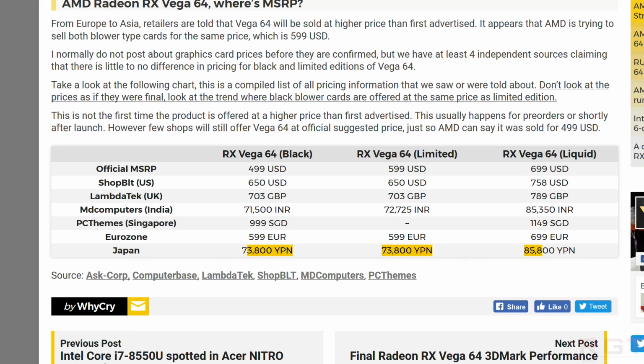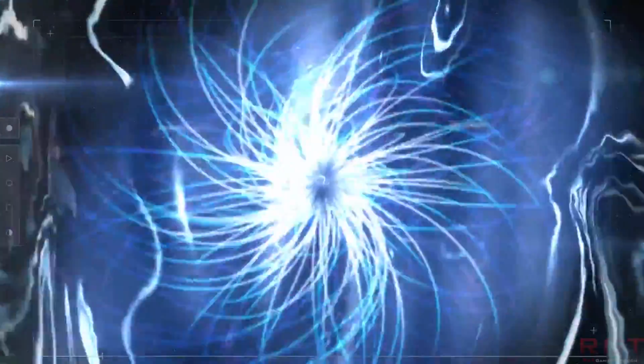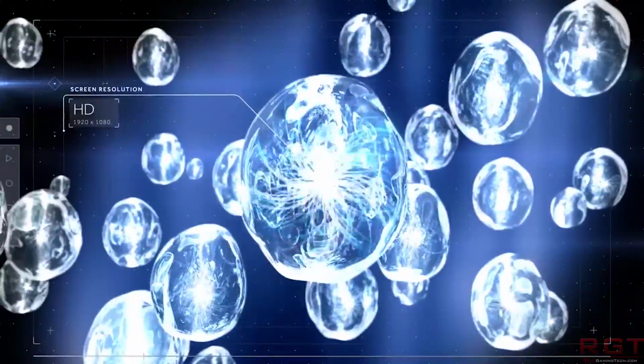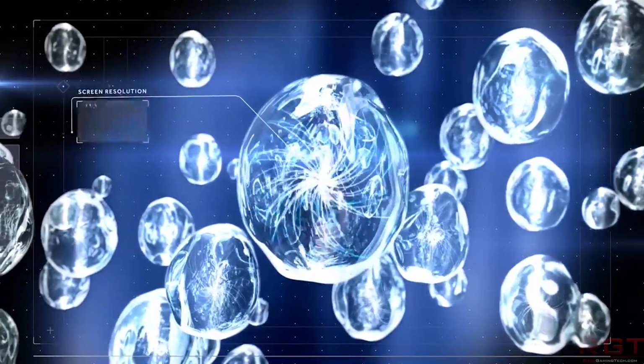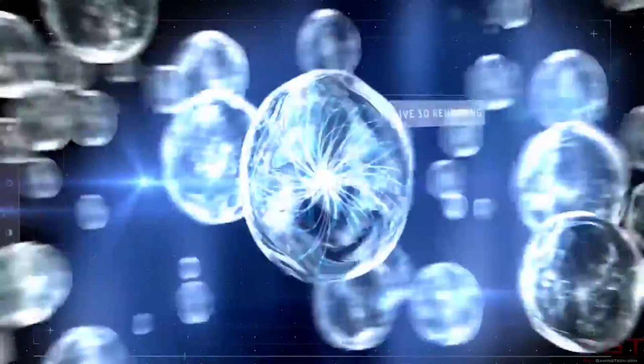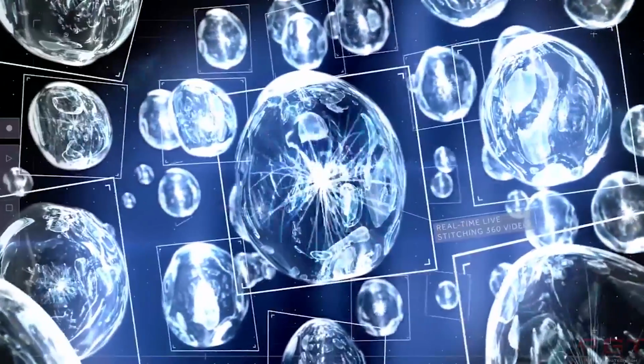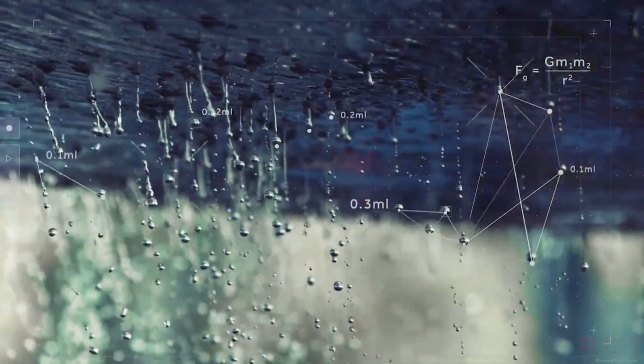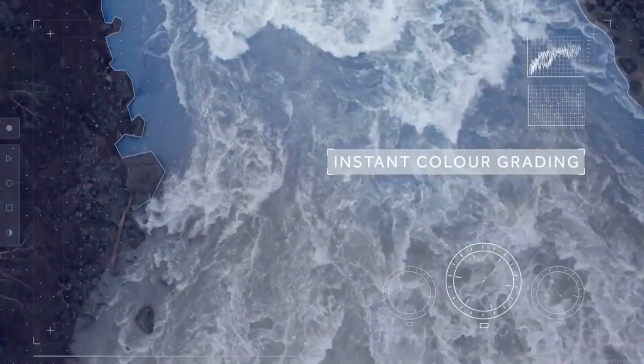I won't read out all the prices anyway, because I'll put them on screen, but you can see essentially what we're looking at here. The RX Vega 64 Black official price, of course, is supposed to be $500 US, but it is on quite a few websites, according to this, at least $650 US, and it's the same for the limited pricing, which is very weird considering the